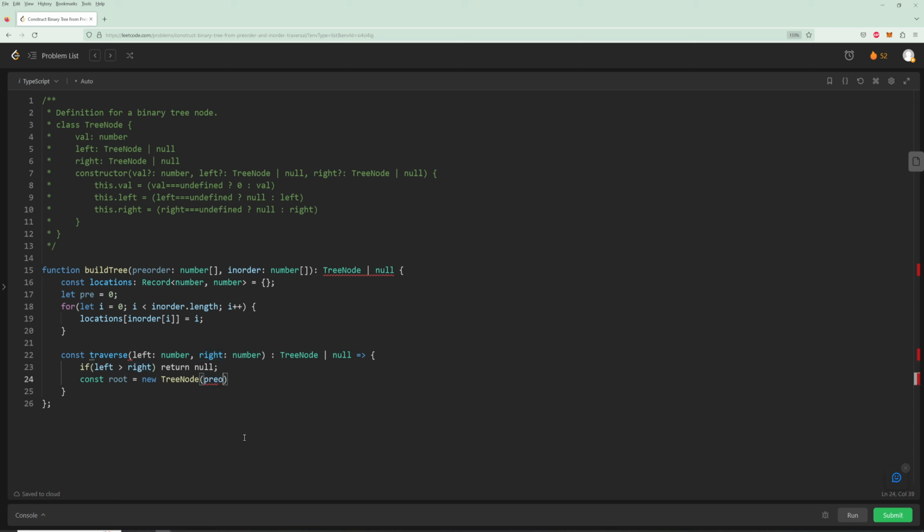So we can say preorder[pre], essentially whatever the index is there, let's get that value, let's build up a root. Now remember, since our preorder traversal is root, left, right, we're going to want to go left first, but before we do that, we actually want to increment this pre, and we can simply do that in place. So essentially we're saying, let's get that index, let's get the value, and then let's increment it in place. Now we want to go left, so we're going to say root.left = traverse(left,